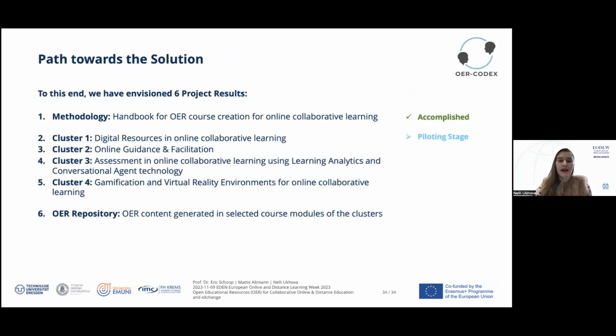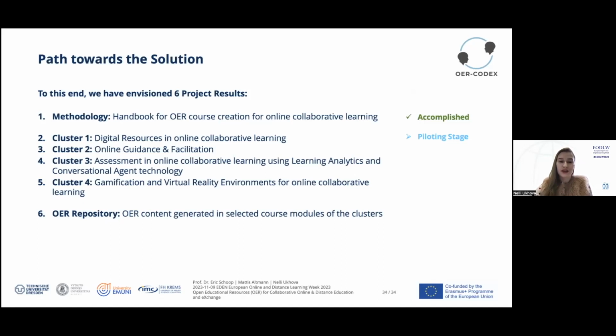So far, we have envisioned 6 project results that also refer to the areas of our expertise. The first result is already available on our website: the methodology, the handbook that helps educators to create OER courses while applying online collaborative learning as well. Today we are going to present cluster number 1, which is currently in the piloting stage.